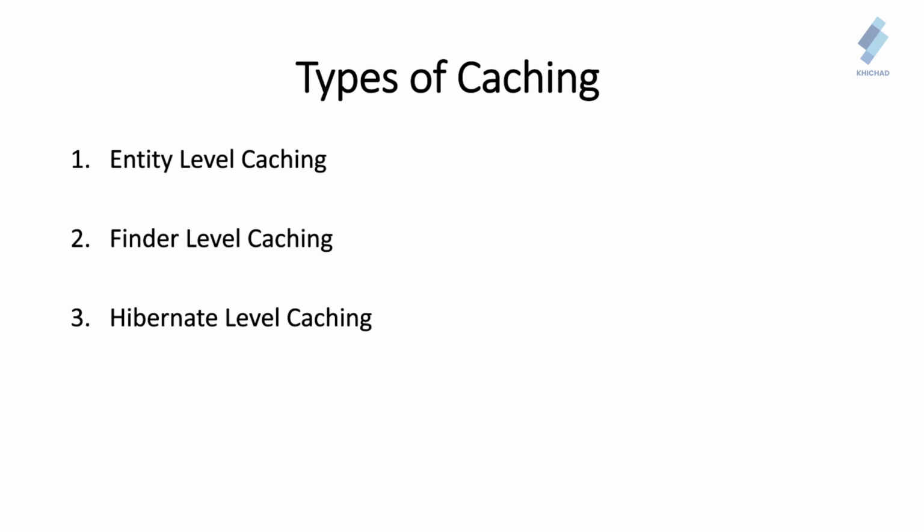Next is Hibernate level cache. Hibernate is an object relational mapping, ORM, framework that Liferay uses to interact with the database. Understanding and configuring Hibernate level cache is crucial for achieving optimal performance in Liferay applications. Hibernate itself has a cache mechanism. When Liferay uses Hibernate for persistence, it can take advantage of Hibernate cache to store and retrieve objects from the second level cache.